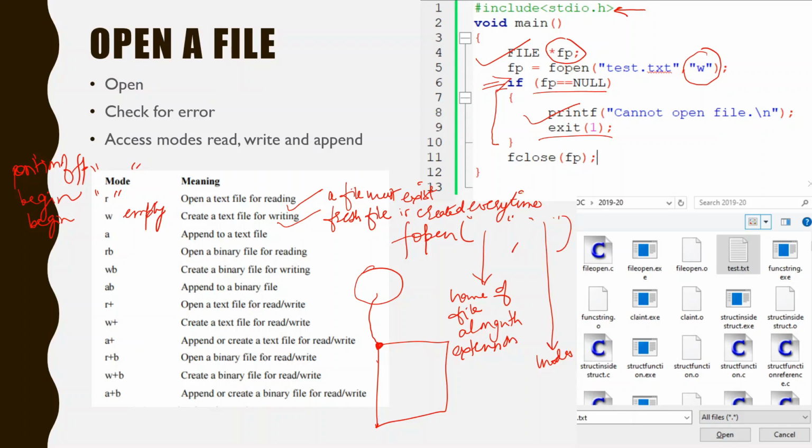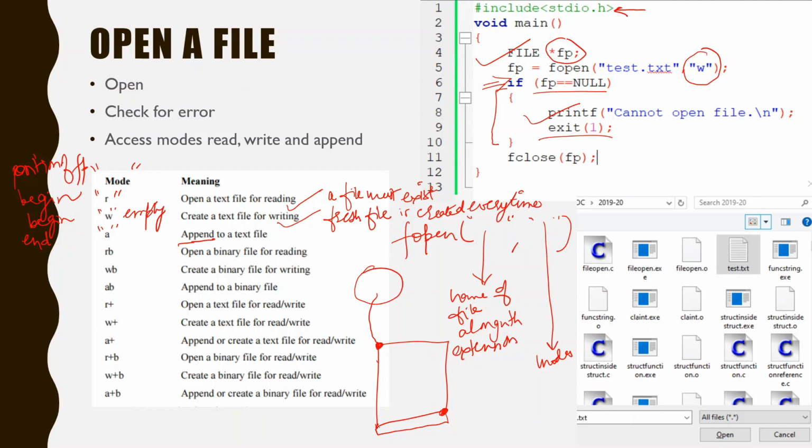Okay. So if you want to keep the data that is previously available in the file and want to add new data in the file, this is called append operation, and the mode that is going to be used here is A. A stands for append mode. So append mode does not flush the previous content of the file, and it starts the file pointer from the end of the file. So this is the end of the file. So FP would start here. Okay, so the next content that is newly added would start from this particular file pointer, and the size of the file is definitely going to increase with the help of append.